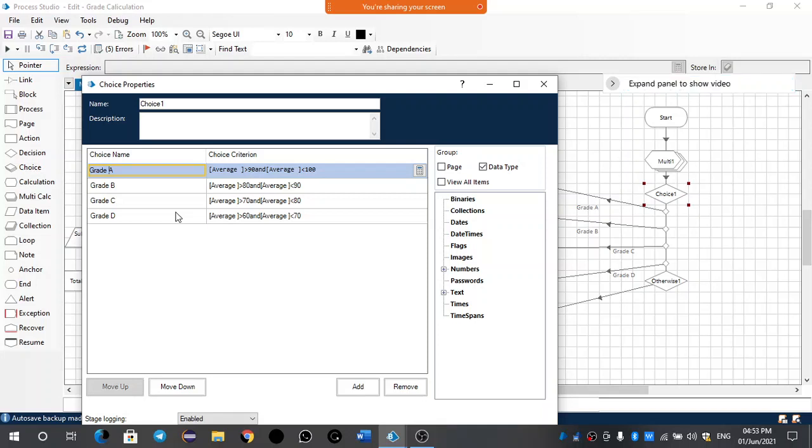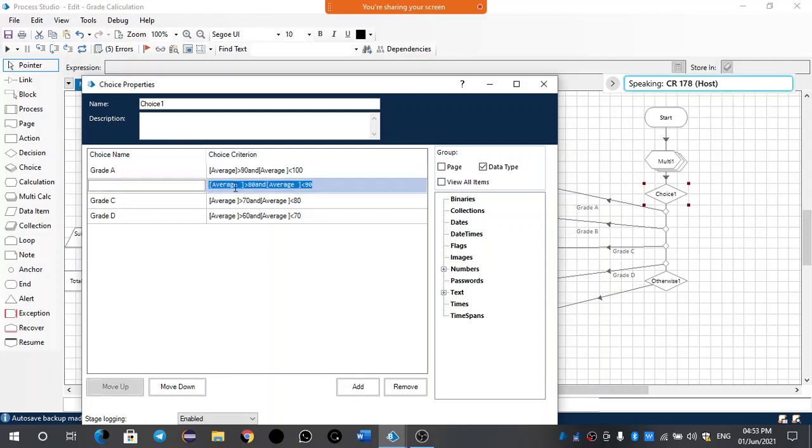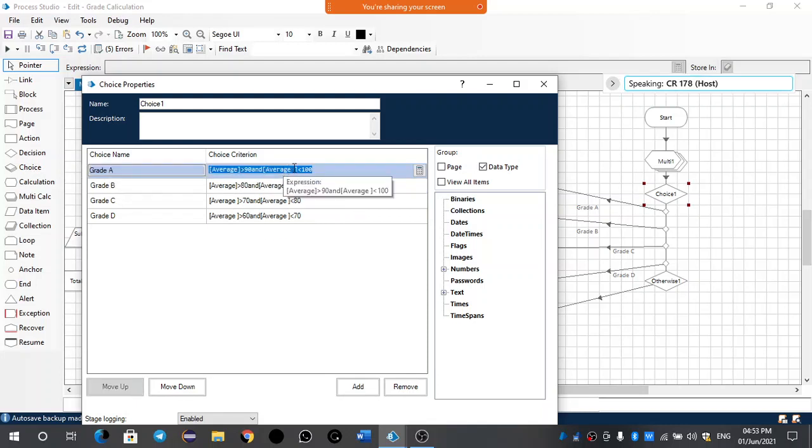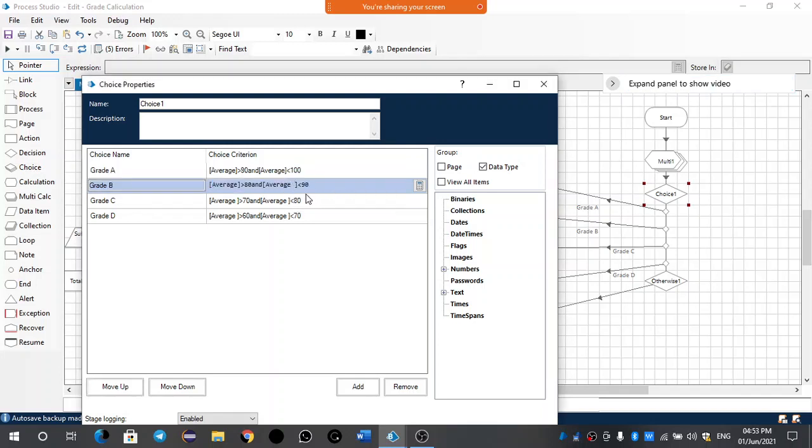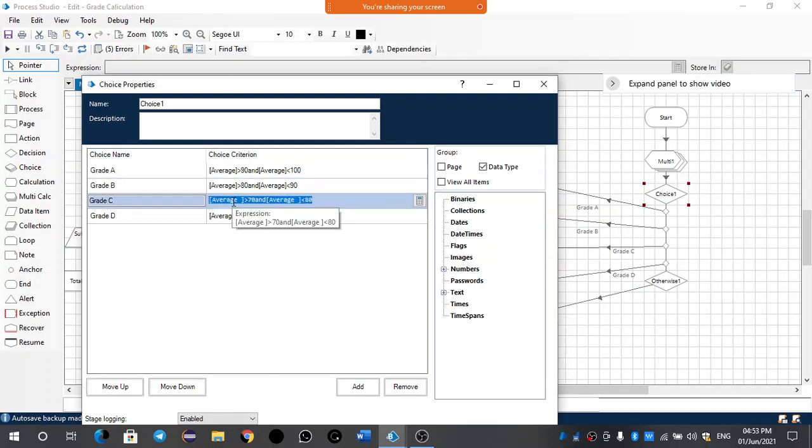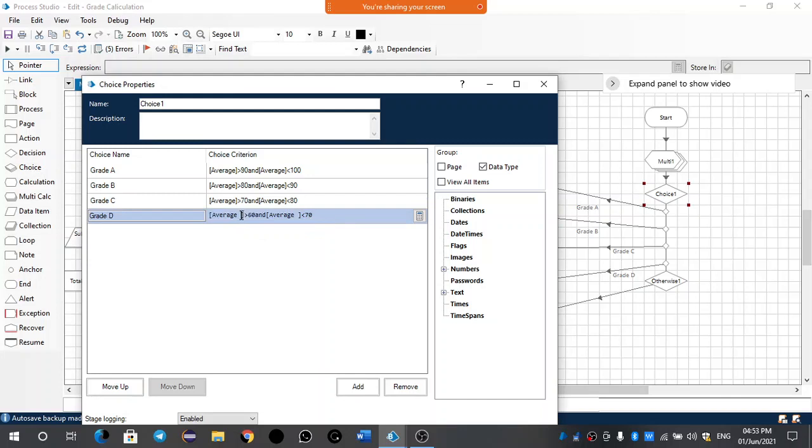First see, average, there is a space. You remove that space. While you are dragging, it will come like that. Next average also, remove the space. Remove that everything. Ma'am, the issue is cleared.